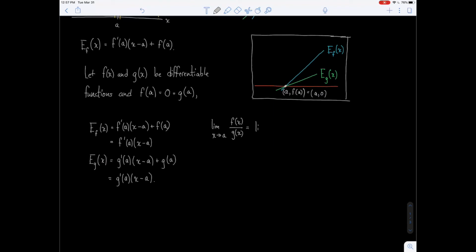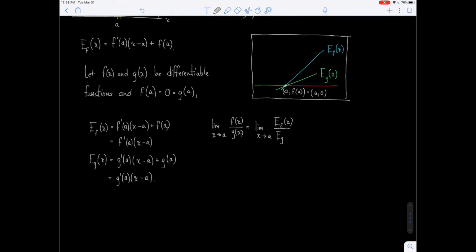It's also the limit as x approaches A of EF, because we're just looking right close around A, that's just e sub f of x over e sub g of x. Well, let's continue this out. If I do that, we just write these in here. Well, this is the limit